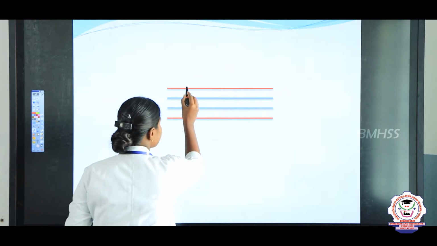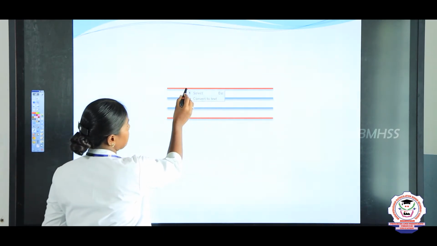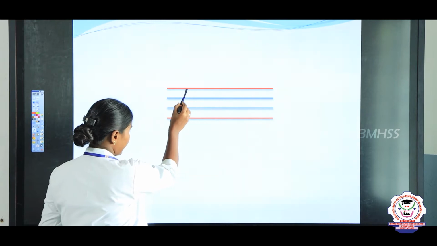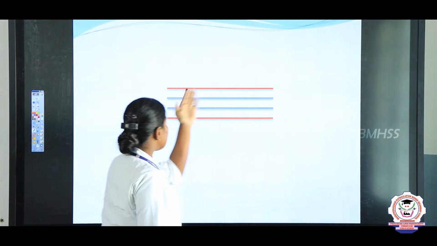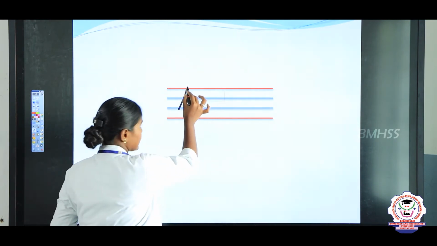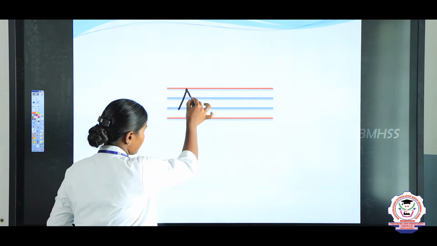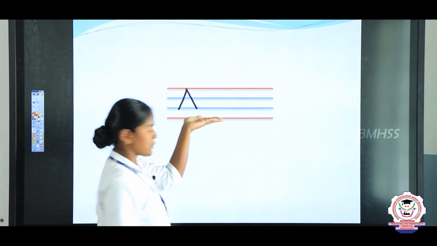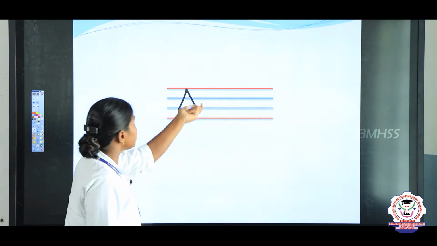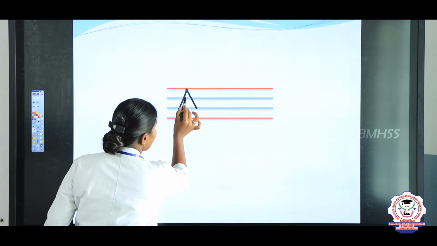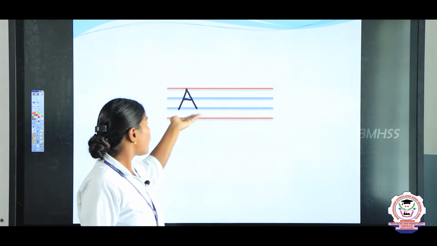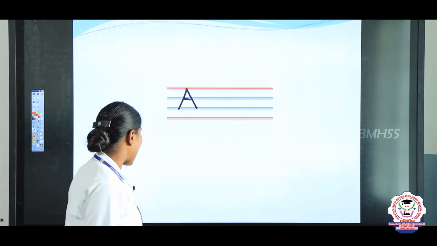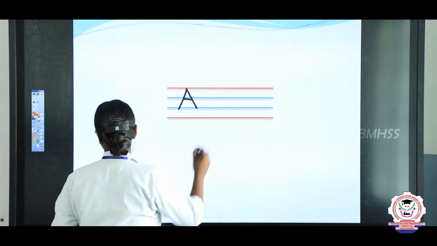First, touch the top pink line and from there draw one slanting line till the bottom blue line. And from the top, the same way, touch here and draw one more slanting line and finish it with the bottom blue line. In the center, draw one sleeping line. What is this? Letter A. In ant, what's the next letter? It is N. Yes. Shall we write?